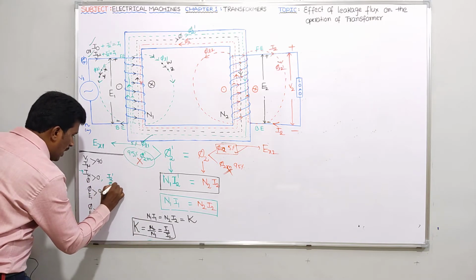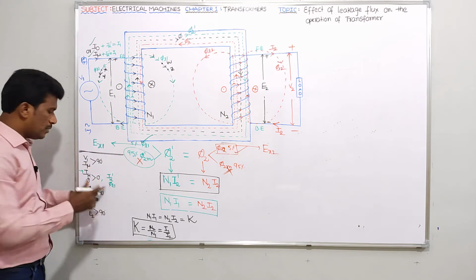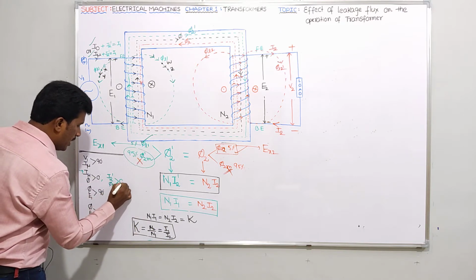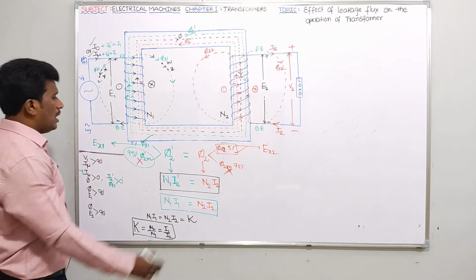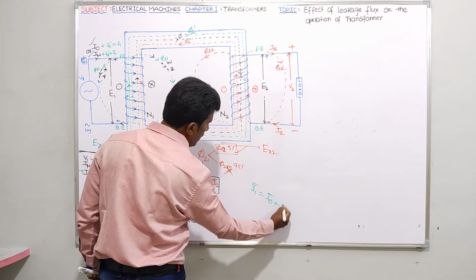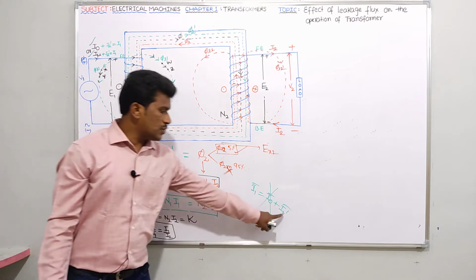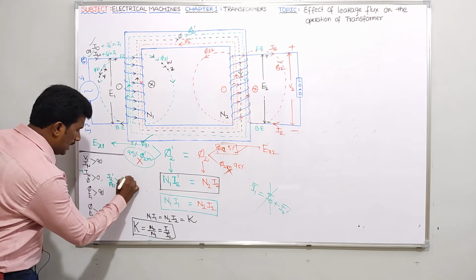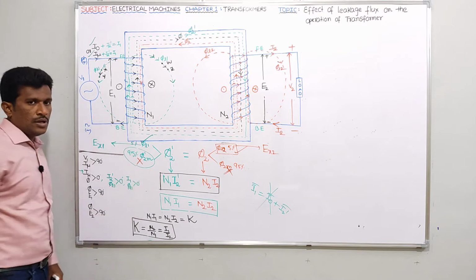So what might be the angle between I2 dash and phi L1? Simple, just like I mu and phi, they are in phase. I2 dash and phi L1 also will be in phase. These things you should know. Okay guys, and one more thing. You know the formula I1 bar equals I0 bar plus I2 dash bar. If I neglect I0, in place of I2 dash, what can I write here? I1. That means approximately in place of I2 dash, I can write I1, and phi L1 will be in phase. This relation is also correct if you neglect I0.